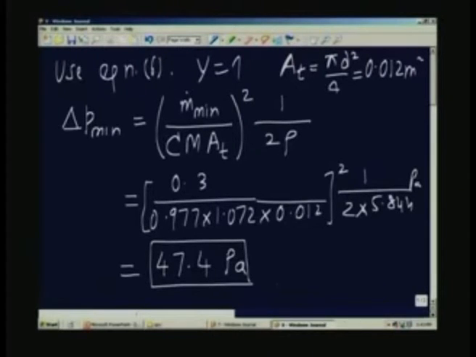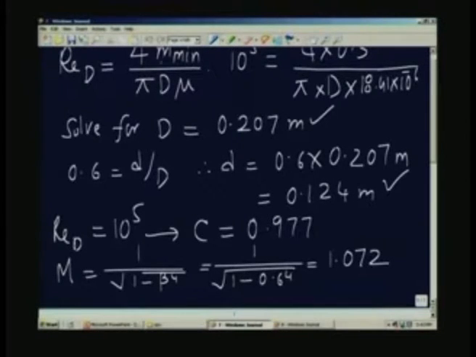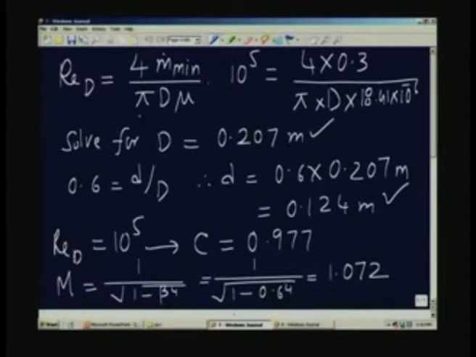In fact, we can see very easily that for the maximum mass flow rate, all I have to do is to change this m dot to the value equal to 1 kg per second, and I have also got to determine the value of C appropriate to the Reynolds number corresponding to the maximum flow rate. And if you remember, the mass flow rate and the Reynolds number are really linearly related, which you can see from the formula here. Reynolds number equals 4 times mass flow rate divided by pi into d into mu.